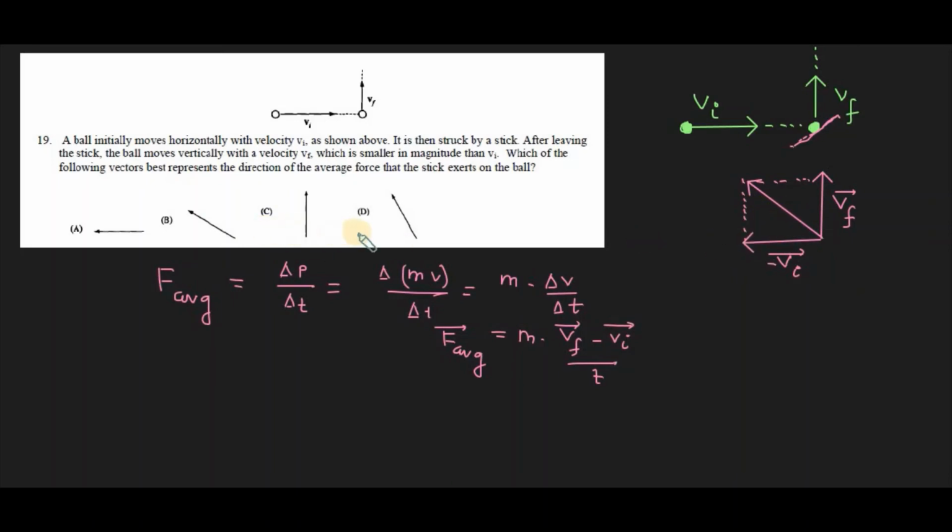But students, you may have confusion between B and D. No need to get confused. Between B and D, they have given a clue in the statement that the magnitude of the initial velocity should be more than the final velocity. That means this side should be longer. This initial velocity component should be longer, which means we have to slightly increase this part. So let's increase this section.